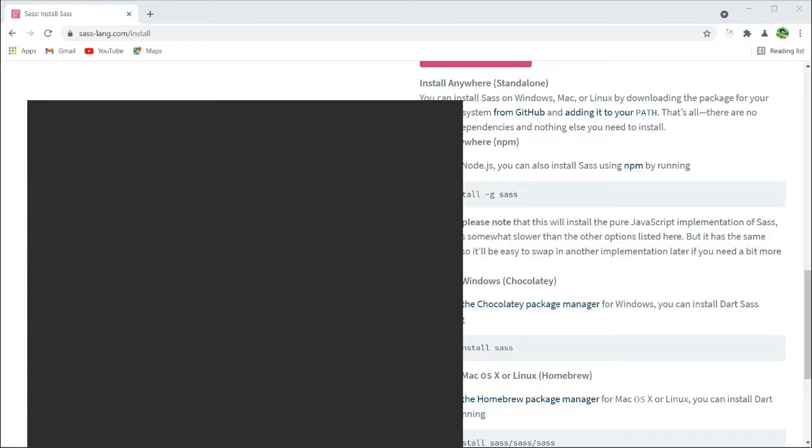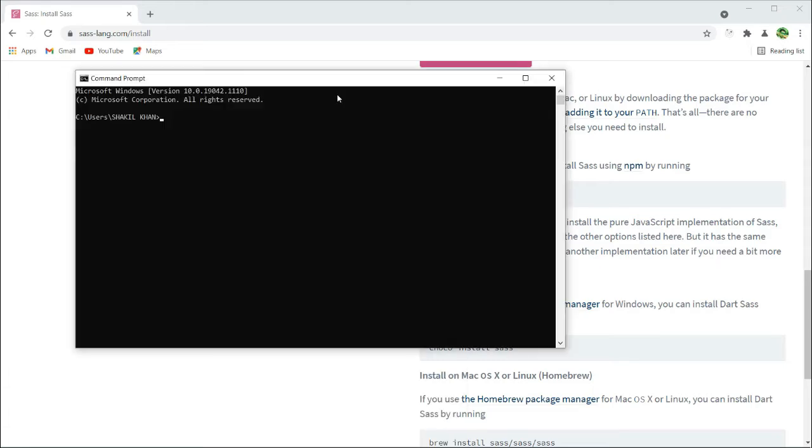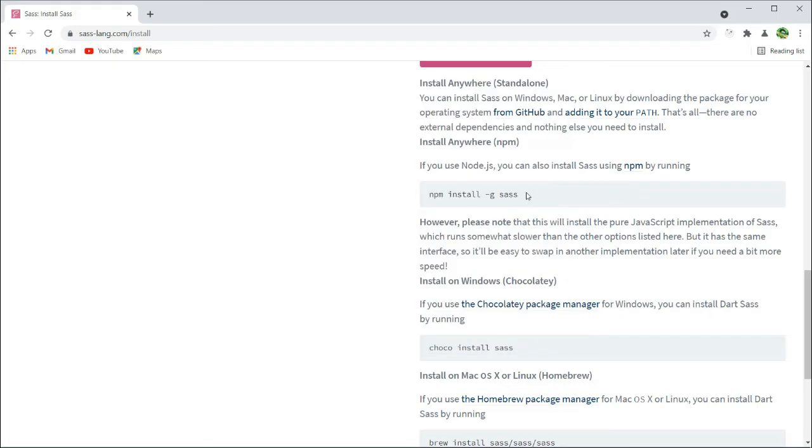So open up your command prompt. Now let me type npm install. After install we have dash g. So dash g stands for global. I want to install the SaaS package globally.